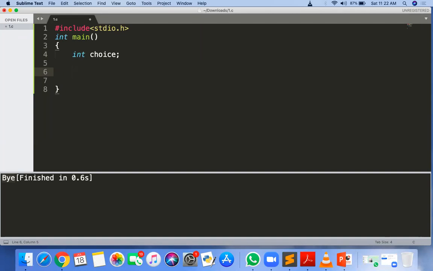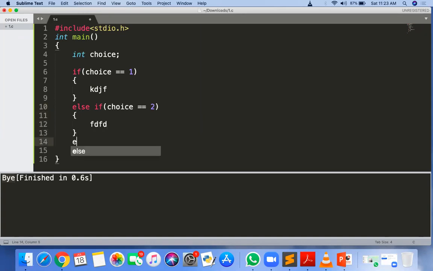In an if else statement I can put it like this. I can make sure that choice has only 5 possible values, 1, 2, 3 or 5. First I check whether the choice has the value 1 or not. If it has the value 1, then we put some statements. Otherwise, we check the different choice case: choice equal to 2. If the choice is equal to 2, then again we do something. Again we put else if. So this is the if else if.